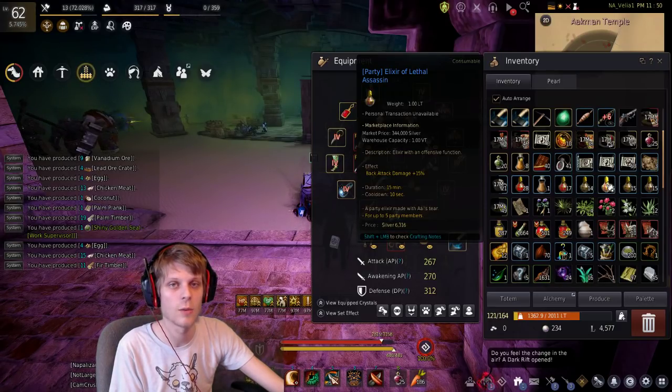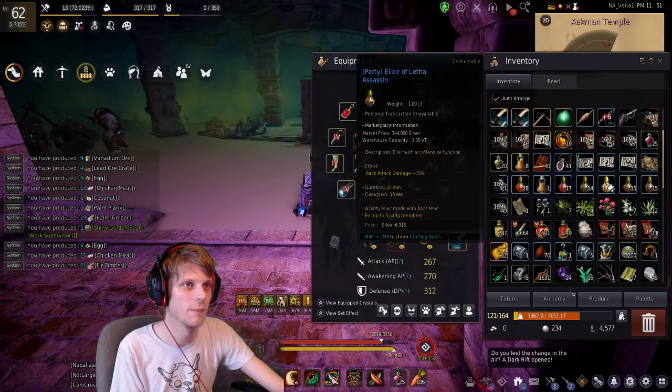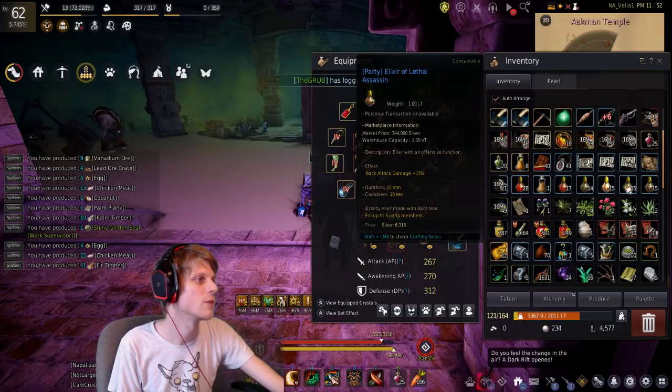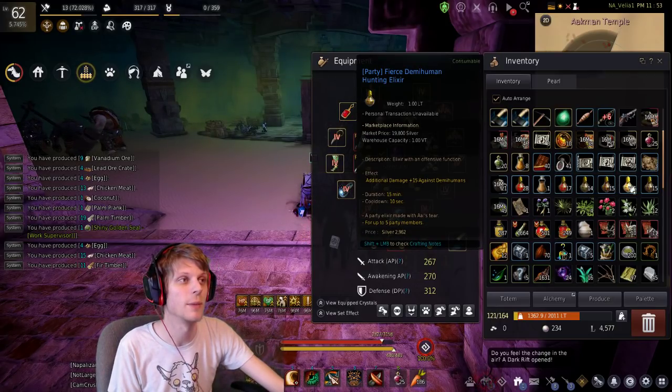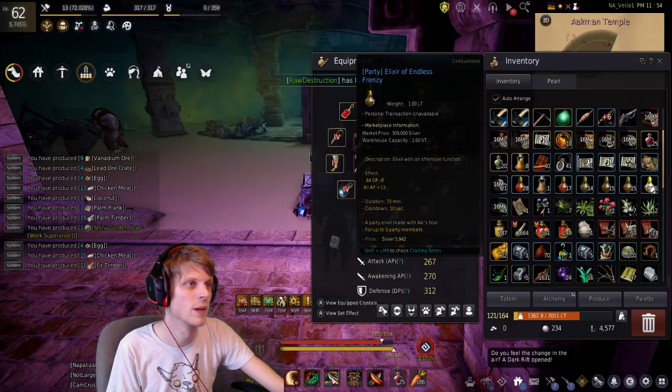Here we have back attack. We do some back attack damage. And that's how you want to position your Musa to get more damage out. So back attack. We have Demi-Human, so the mobs in Aakman are Demi-Human. So we use Demi-Human also. And then